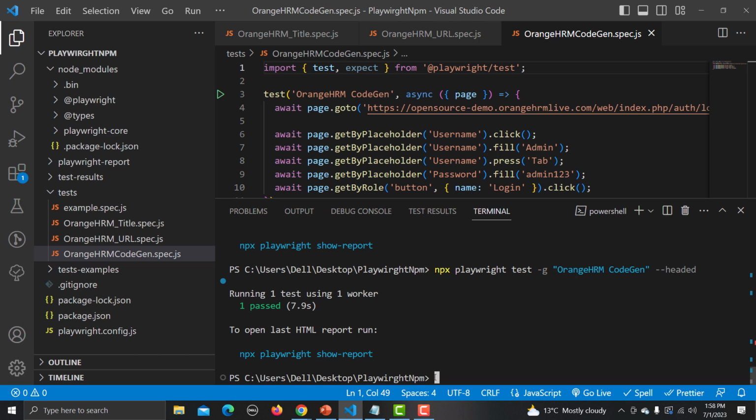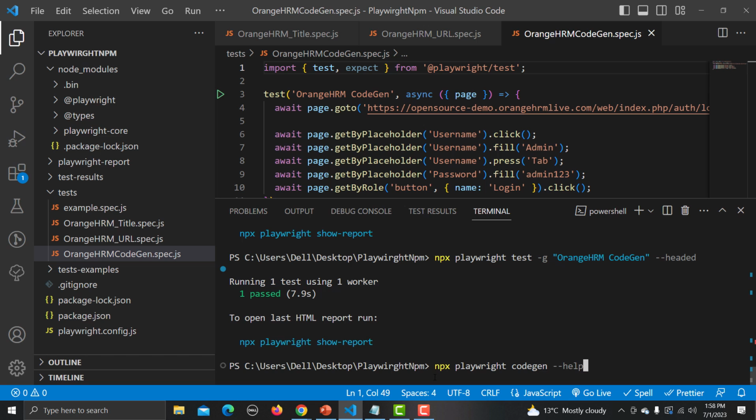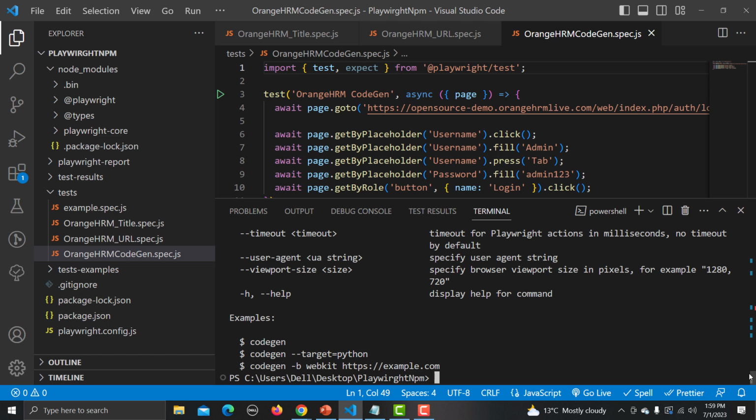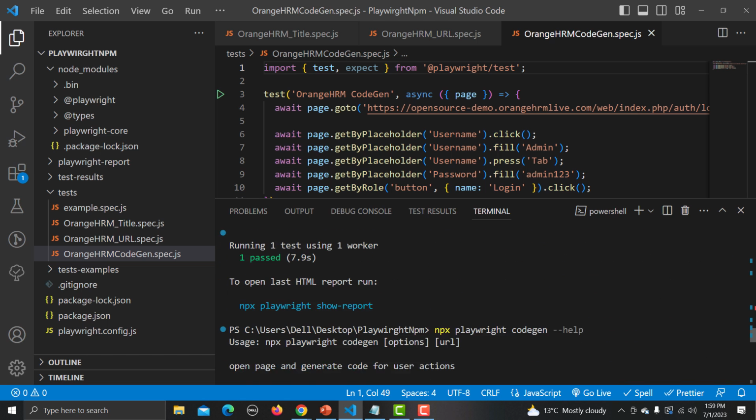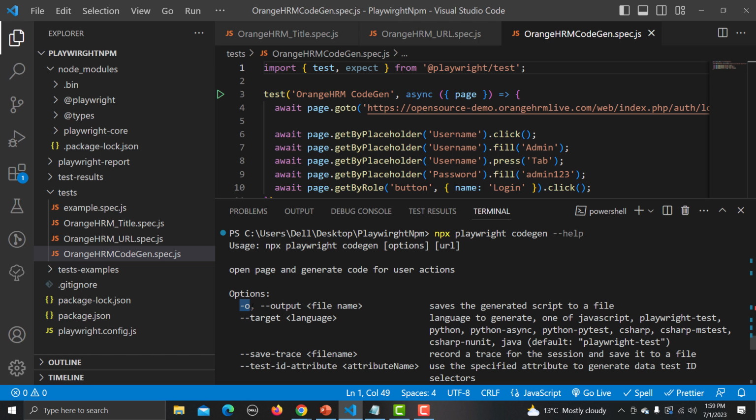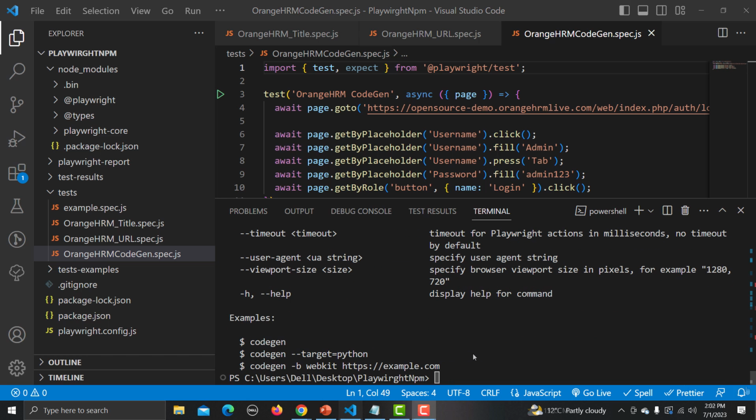While recording, we can use the specific browser, and right now what you have seen is that we have generated the code, we copied the code here, right? But what I can do is that I can simply generate the code here into my test folder. So if I go back to this help option, you will see that it says that if I want to save the generated script in some folder, I can use -o here, right? Now let's use this option here,